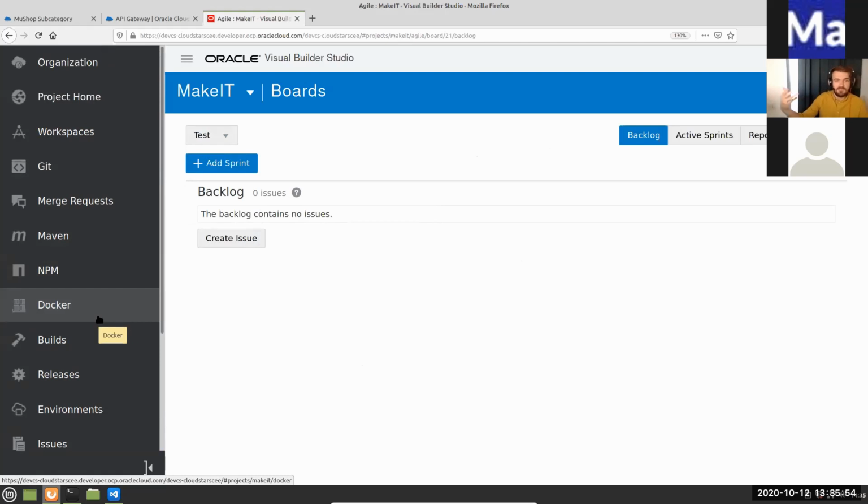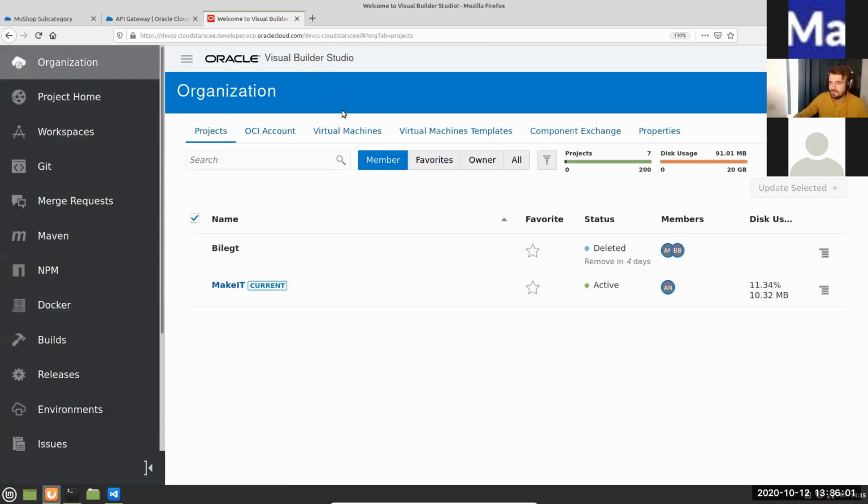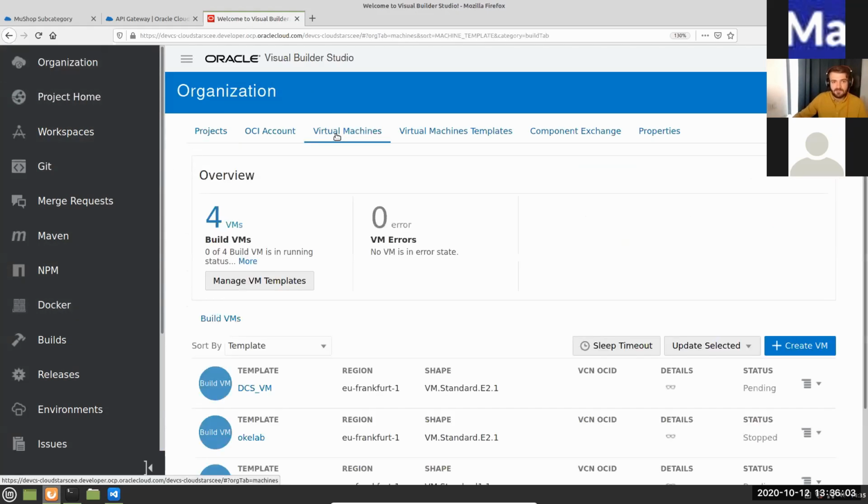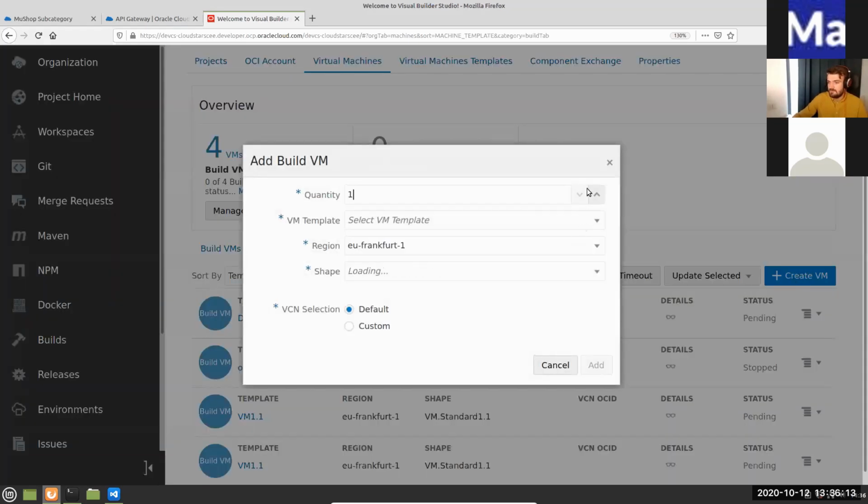You just pay for the infrastructure which is allocated to the build machines. So if I'm going to go here to organization, I'm going to take a look at virtual machines. Virtual machines are basically the machines which are provisioned in Oracle Cloud, which are going to handle the build of your code, right? If you're going to create a new VM here, I don't know, let me call it,